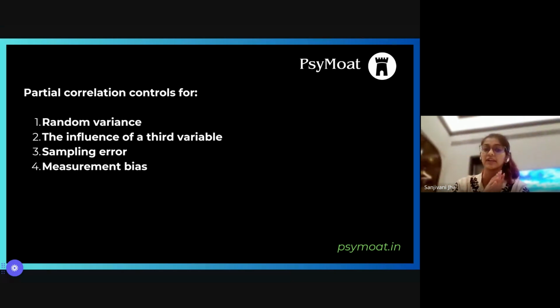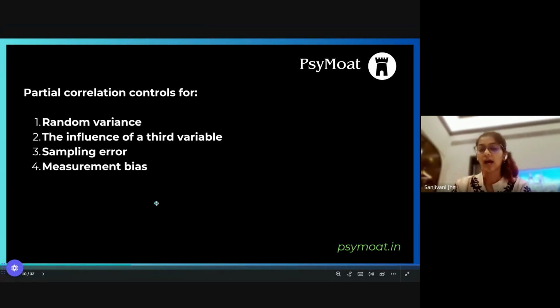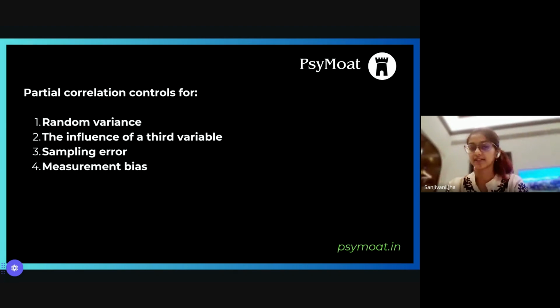So we get the residual effect, and we can say convincingly that this effect is caused by the first two variables, and we are controlling for the third variable, which is age or other variables in context. So, what is sampling error? What does sampling error mean? It is when there is an error between the